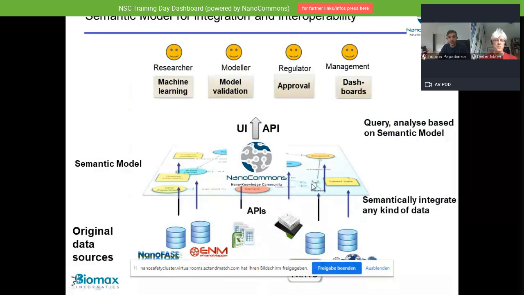The NanoCommons knowledge base is building this intermediate layer, which you can see as a mix of high-level concepts, ontologies, though it is not dependent on ontologies. Then different user interfaces and applications are put on top of that. That is a classical IT way of going forward, decoupling complexity and simplifying by providing an intermediate layer. And that is what we do here, and that is why today's training is really two parts.